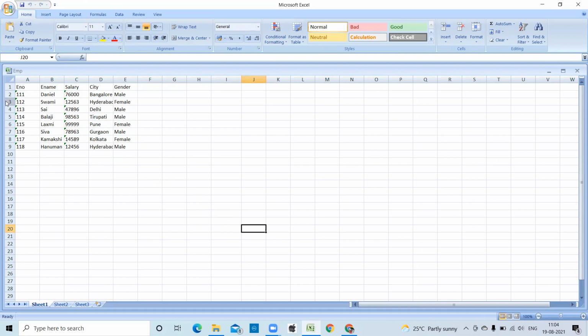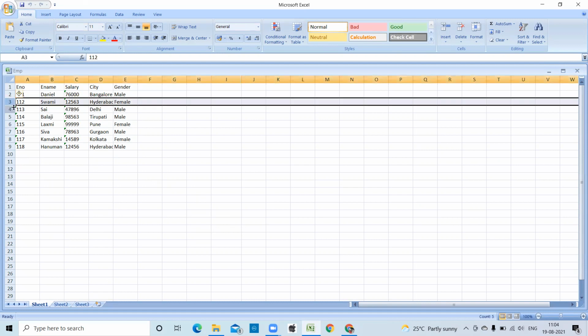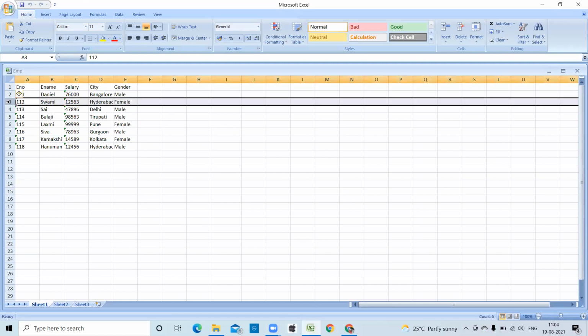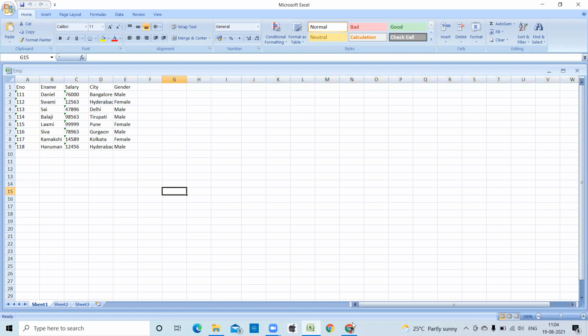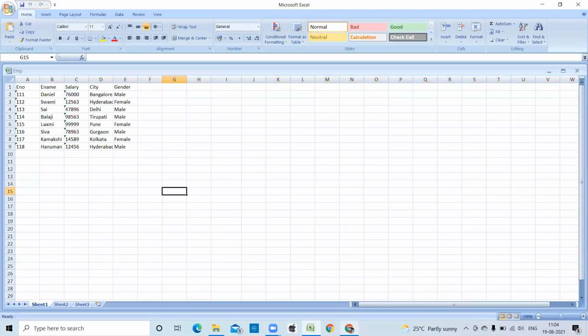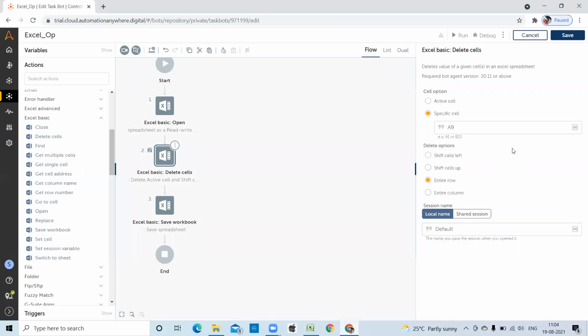So we can try another one. We can delete A3. After deleting the 112 record, the 113 record, which is actually in the fourth row, will come up to the third row, because we are deleting the third row, right? So after deleting the third row, the fourth row data will come to the top. A3.